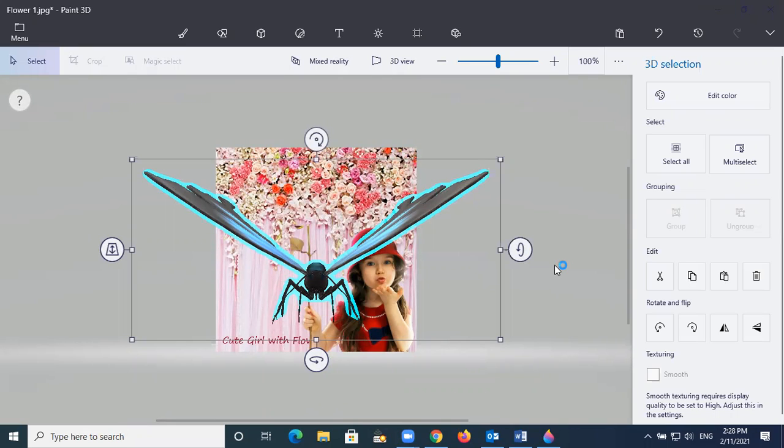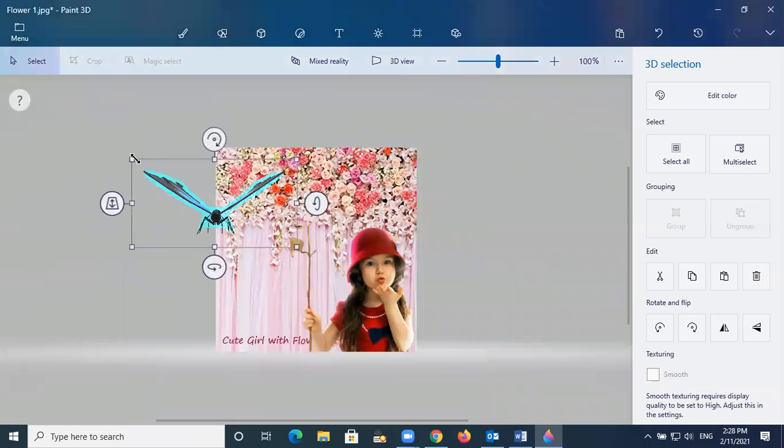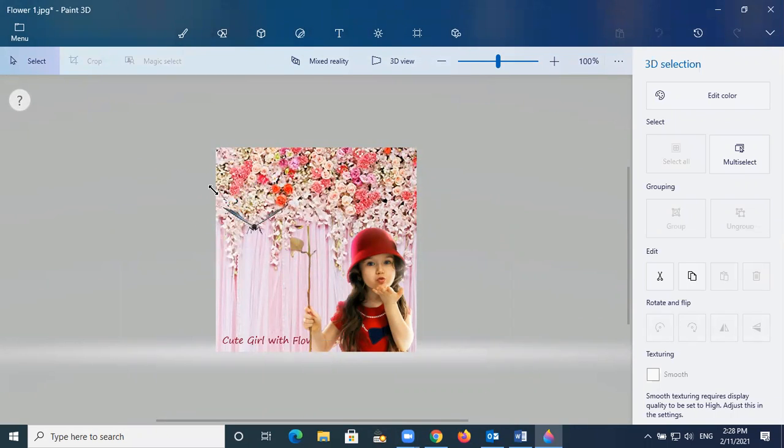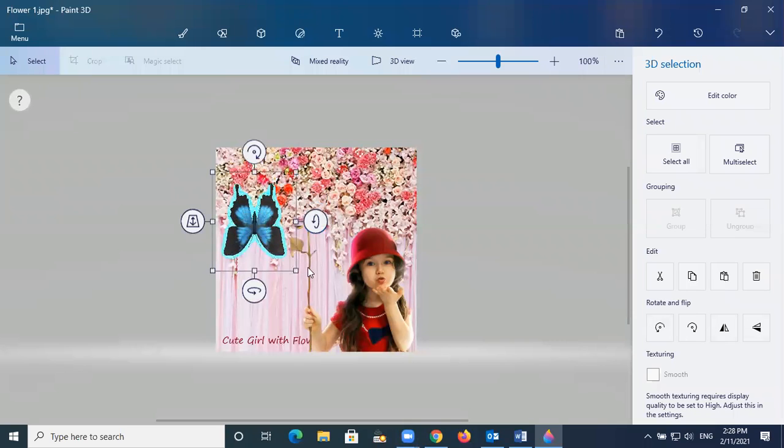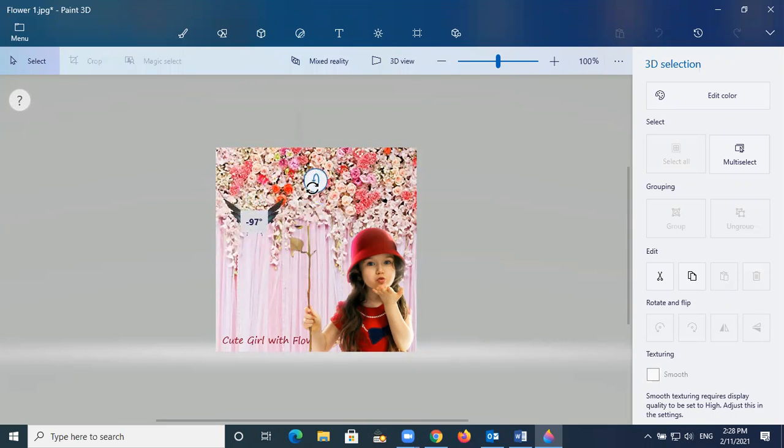Okay, now see the butterfly, the size is very big, so that's why it is a very big butterfly. You can make it a smaller size, you can adjust the size here. And then you can even adjust the position here. For example, you want the butterfly like this or like this, whatever the size. See, these are the things. It is really interesting. You can even adjust this like you want to do it like this or whatever.